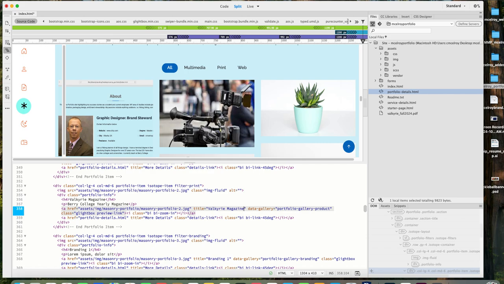So we're changing the H4, we're changing the P, we're changing the filter for thumbnail number 2 to filter print, and we're changing the title to match the H4. The H4 is the title that appears when you mouse over the thumbnail. The title is what appears when you click the magnifying glass. Yes? Okay, so let's do